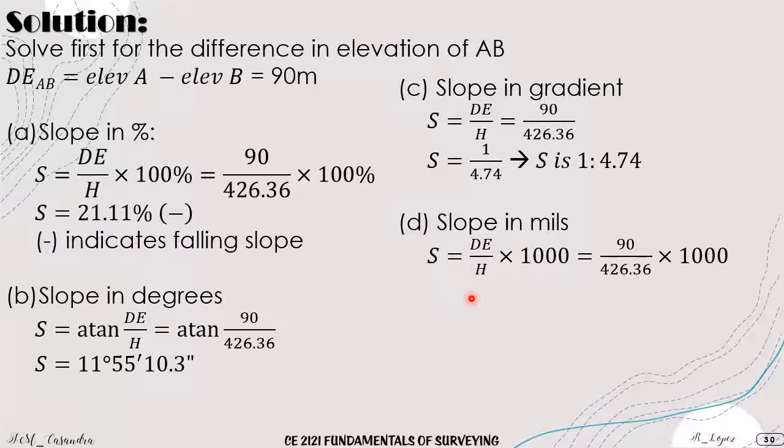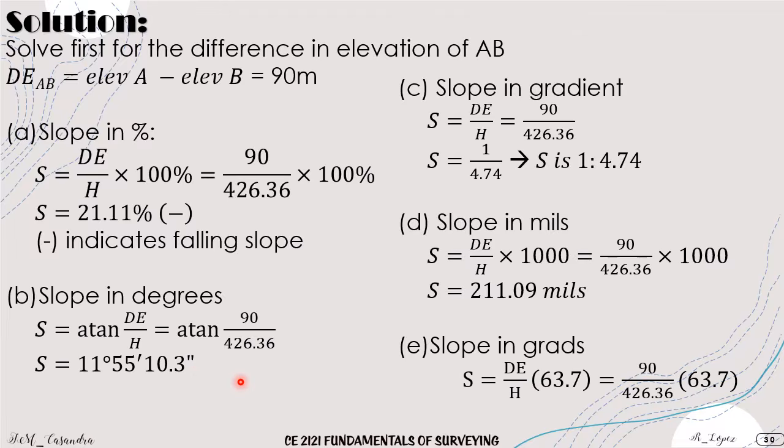And then for slope in mils, we could simply convert degrees into mils, or we could simply multiply the ratio of the vertical and horizontal by 1000. And we'll get a value of 211.09 mils. For slope in grads, we could also convert degrees to grads, or we could solve dE over h and multiply it by 63.7. And this will give us a value of